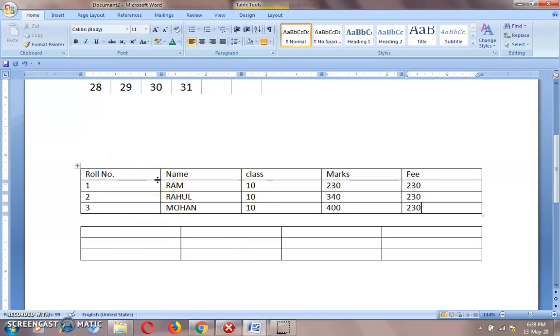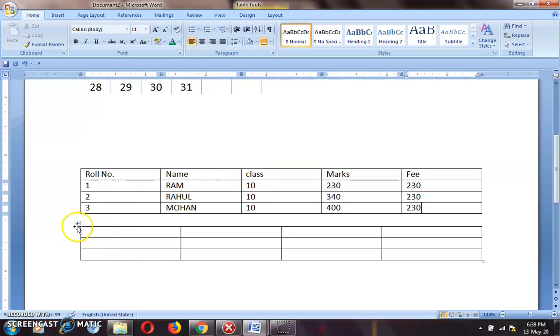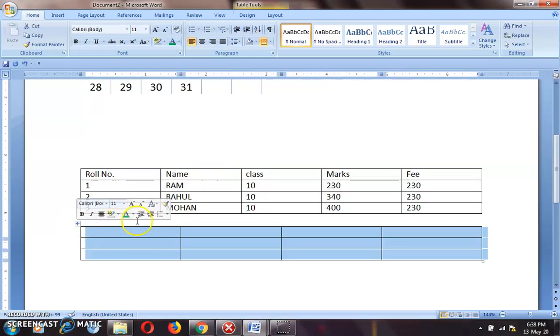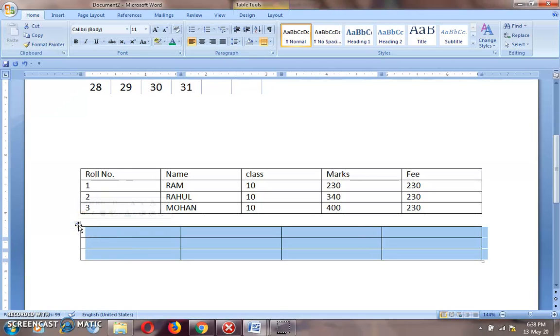Now, next, how you can insert a row in a table. How a new row you can insert in a table.